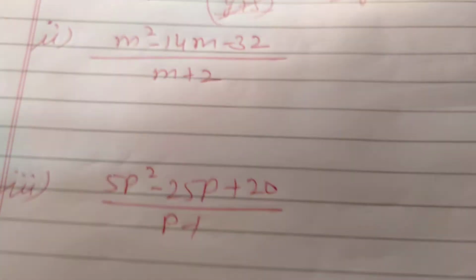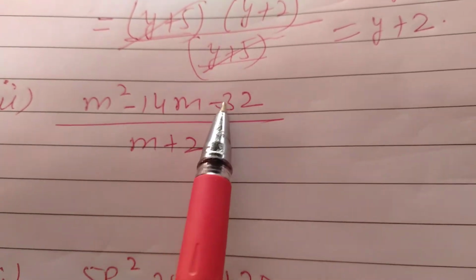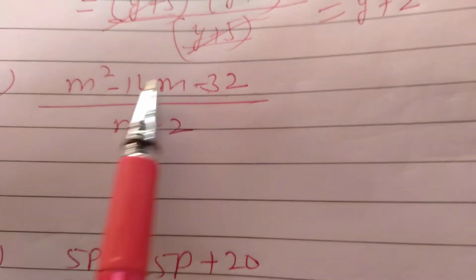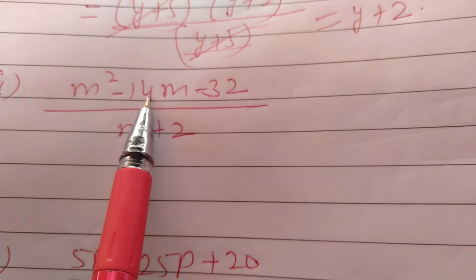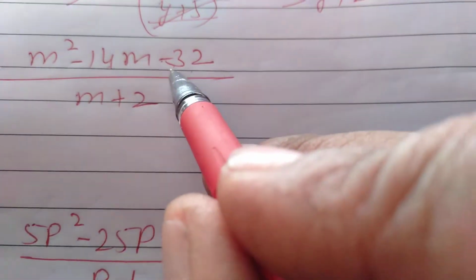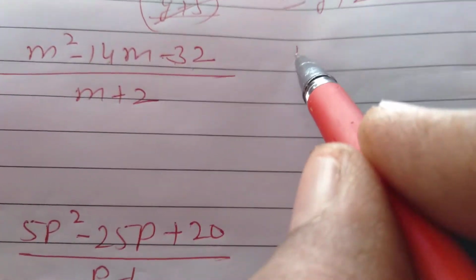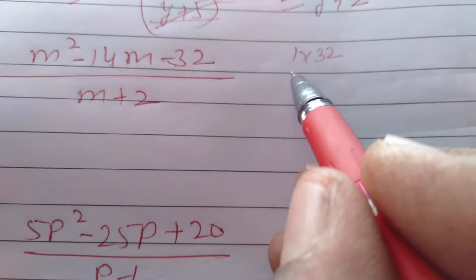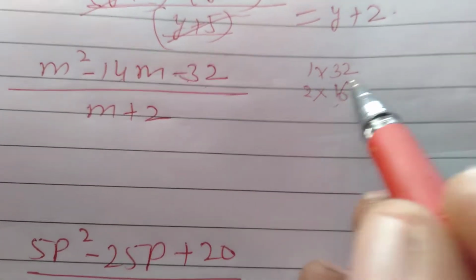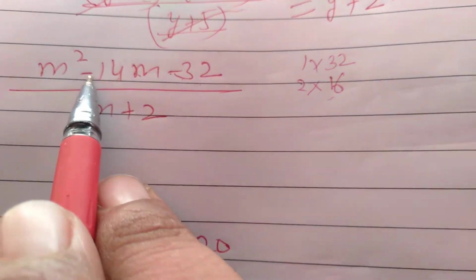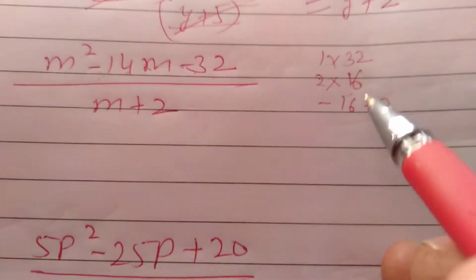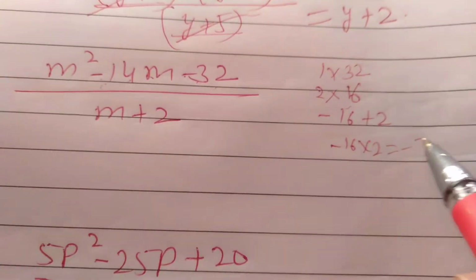So let us come to the second part. You can see here also 32 is a non-perfect square, so we have to split 14. Here it is negative, it means we have to split 14 as the subtraction of two numbers, right? So let us check how we can factorize 32. At first we have to find the factors of 32. 32s are right, and if you divide by 2 you will get 16. 16 twos are 32 and 16 minus 2 is 14. Here it is negative, so we will take minus 16 and plus 2, then we will get minus 14, and the product of minus 16 and 2 is minus 32.